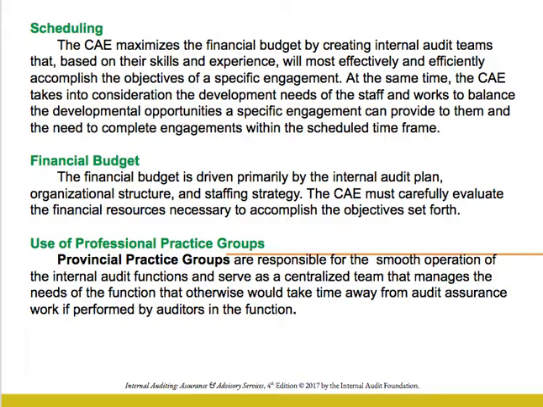Lastly, the use of professional group. To effectively and efficiently